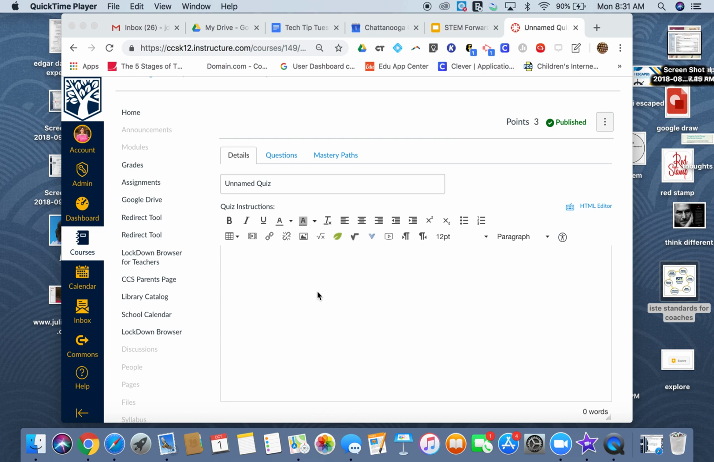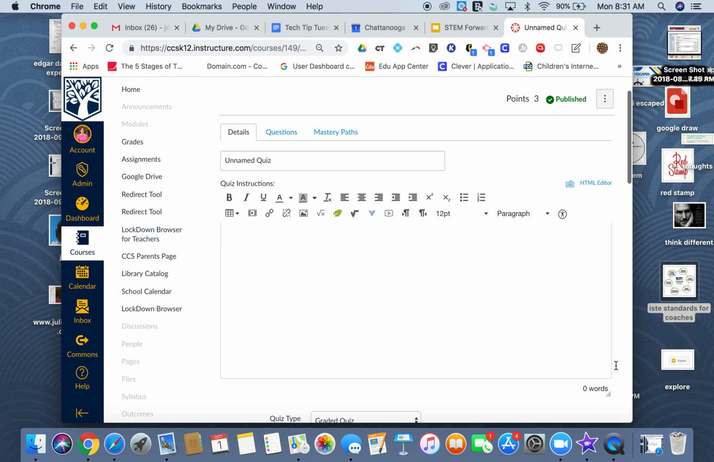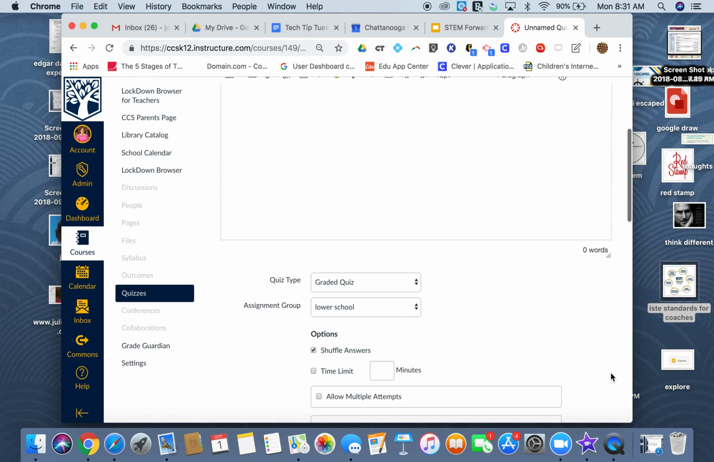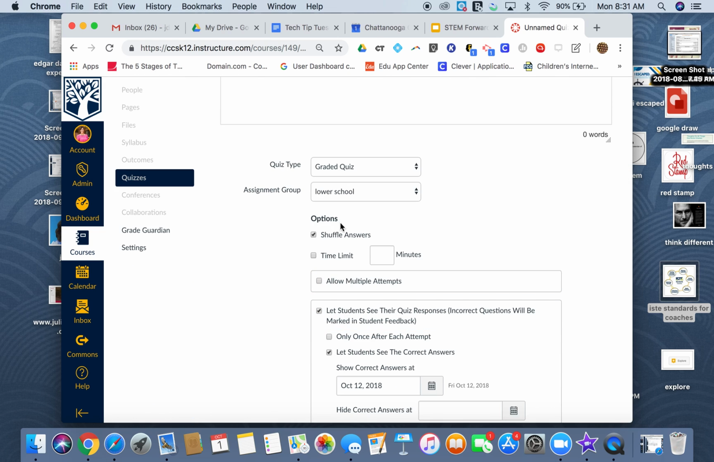I want to share with you some little tips when making an online quiz in Canvas. When you first make it and you go down to the details of that quiz, there's a little option right here that says Shuffle Answers. This is important if you want to make sure that the answers look different and are in different places when